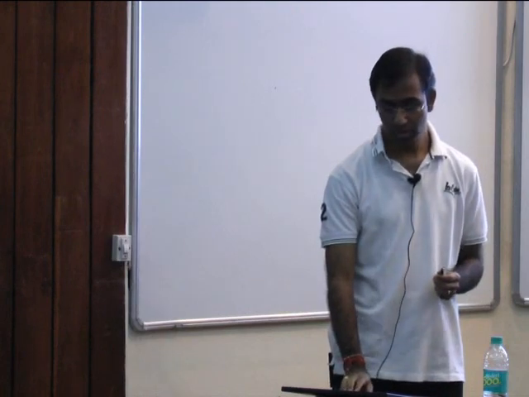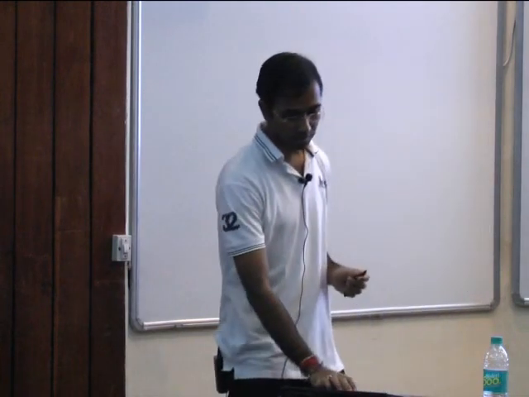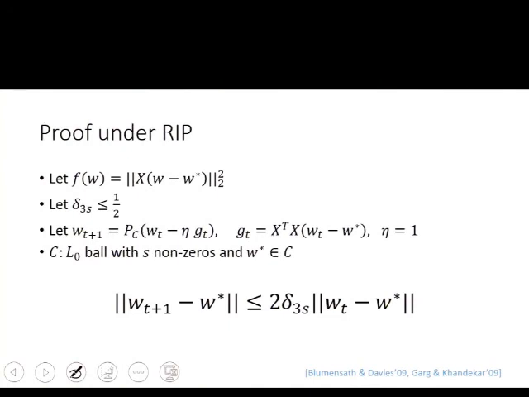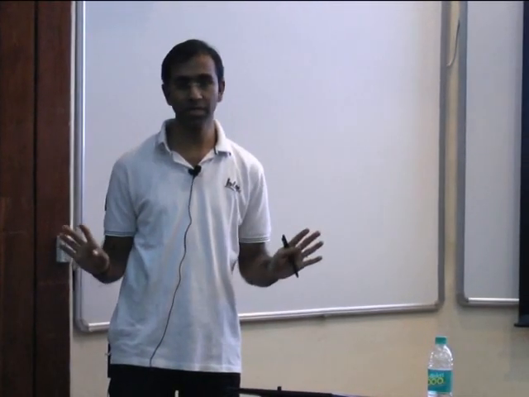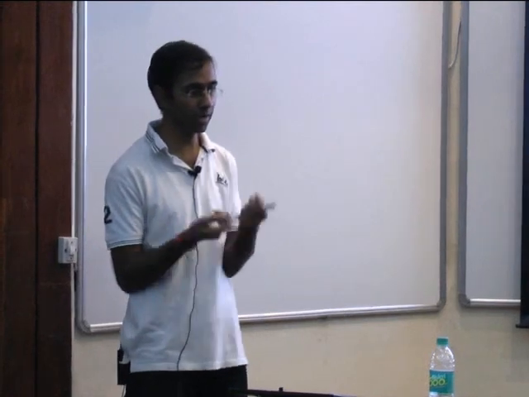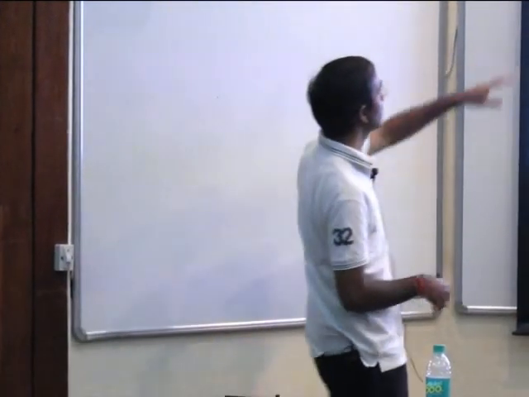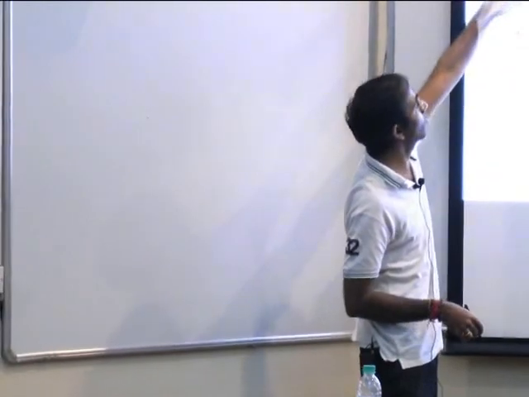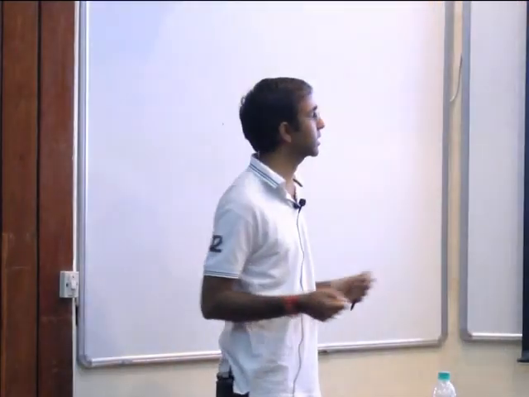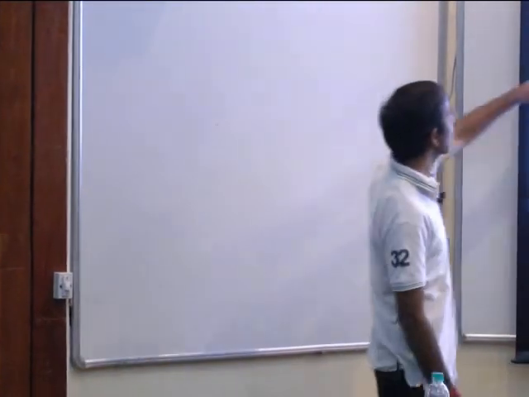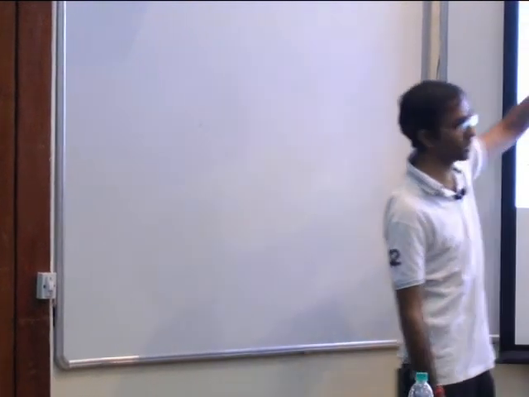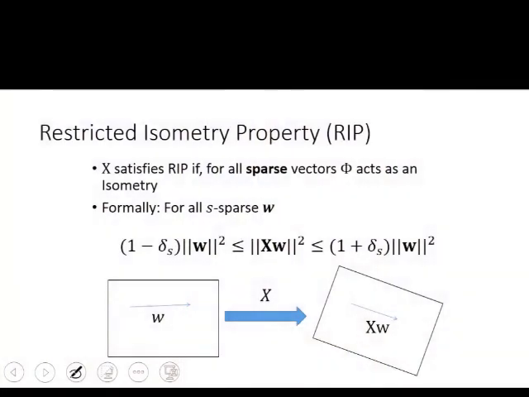Shall we move on? So the guarantee is the following. Let's say my function looks like X(w minus w star). I want to recover w star, which is my correct parameter vector. I will be optimizing this function under the sparsity constraints. And furthermore, as long as my delta 3s, the RIP constant when read for 3s sparse vectors,